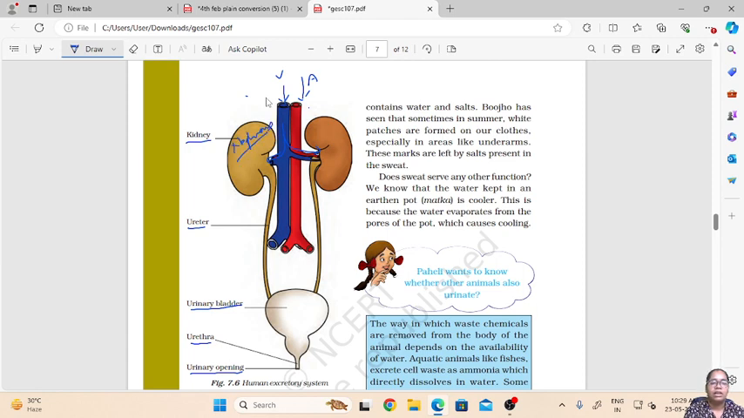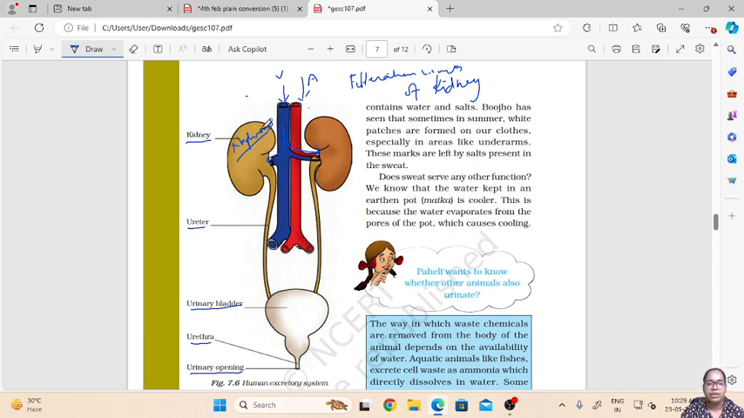nephrons. What are nephrons? Nephrons are the filtration units of the kidney. Okay, so inside the kidneys there are nephrons. So these nephrons will help in filtering the urea and other waste material from the blood. Okay, and then that will be stored in the collecting tube, and that in form of urine, that urea, which